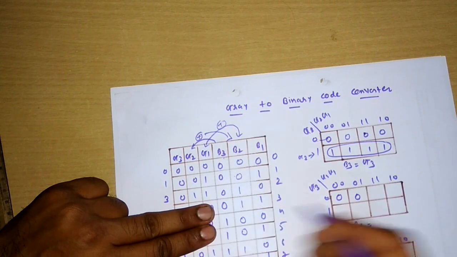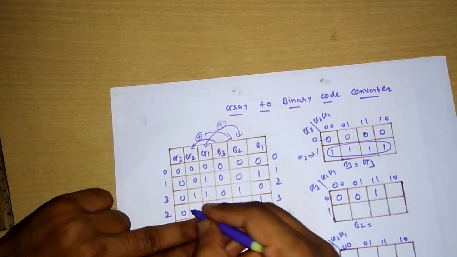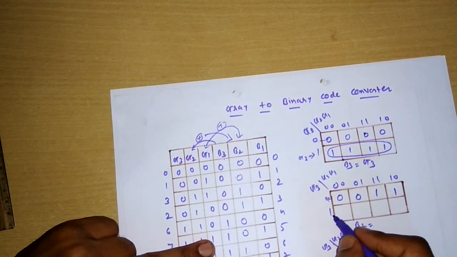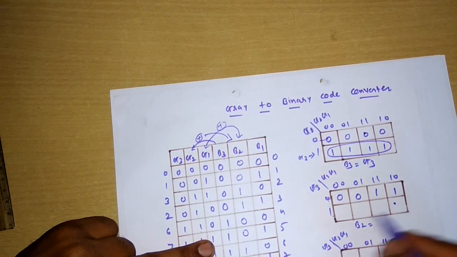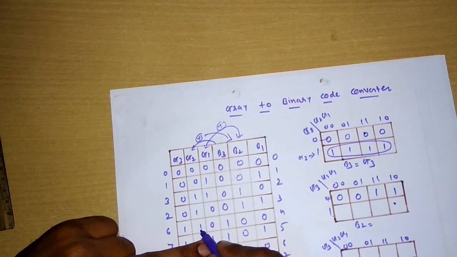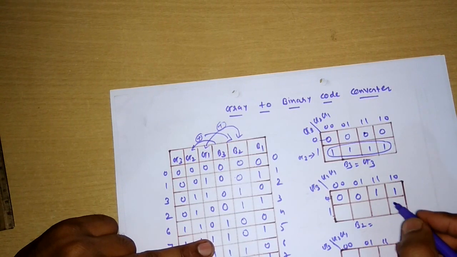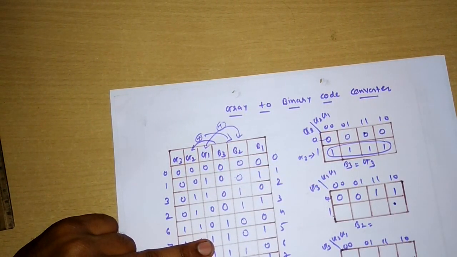For 0 1 1, right? So 0 and 1 1 is here, so your output is 1 in this case. For 0 1 0, your output is 1 in this case. For 1 1 0, so 1 and 1 0, right? So in that case, see, this is 6, so your output becomes 1 here. And see, if you check here, as per the logic, B3 becomes exactly equal to G3, right?